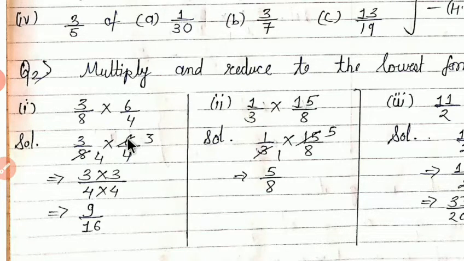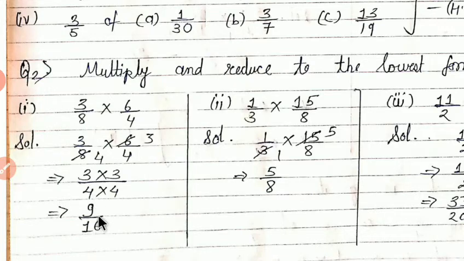Here you can see we can divide two numbers if one is written in the numerator and the other in the denominator. You can see that we cannot divide 3 by 3. We can divide only 6 and 8, because 6 is written in the numerator and 8 in the denominator. Both are divisible by 2. So 2 threes are 6, 2 fours are 8. So the remaining numbers are 3 into 3 and 4 into 4. So 3 threes are 9 and 4 fours are 16. So 9/16 is the answer.